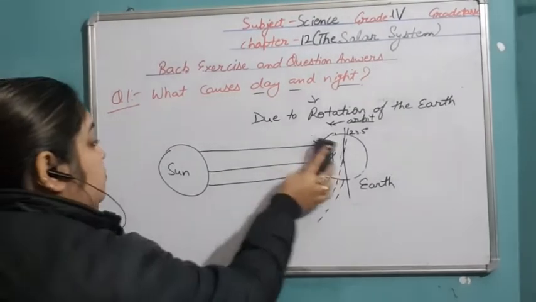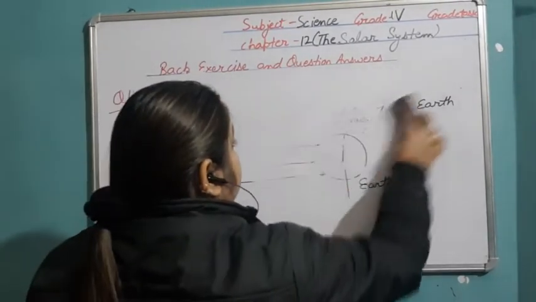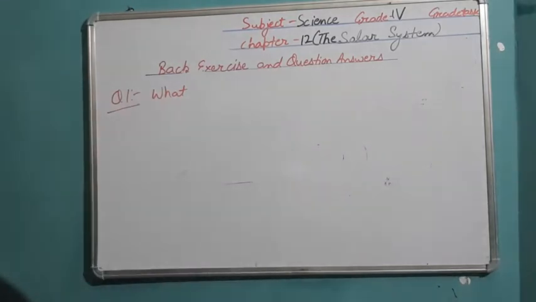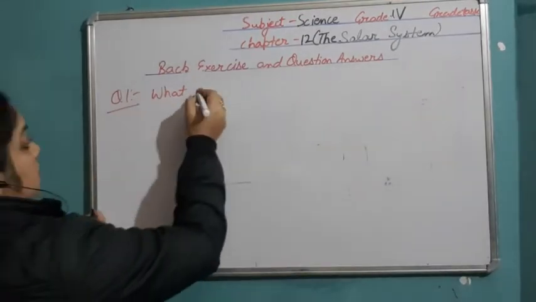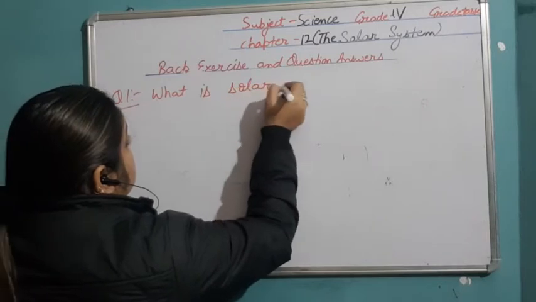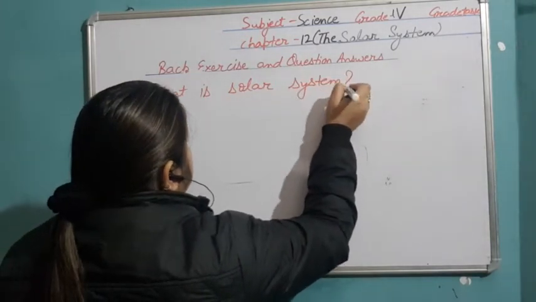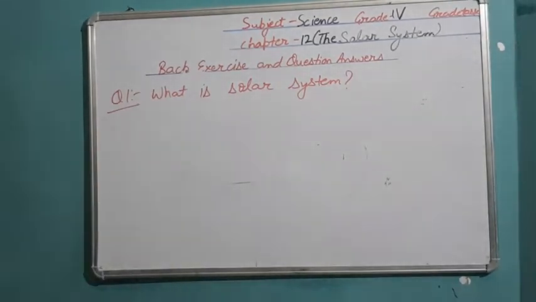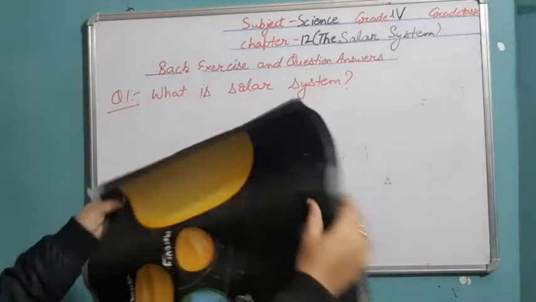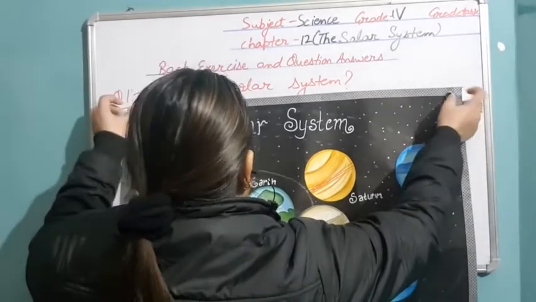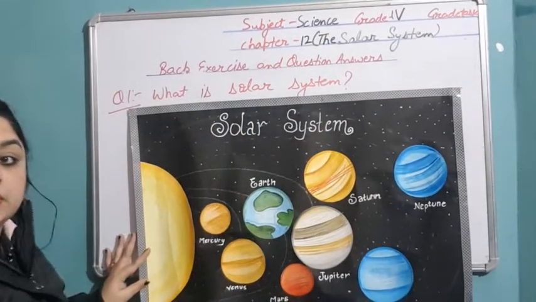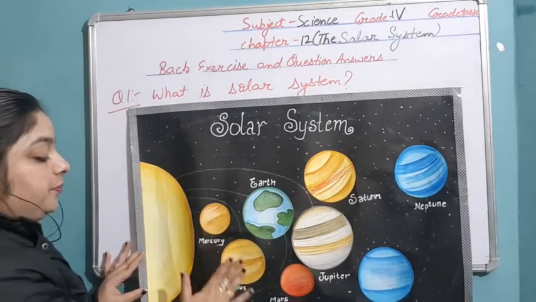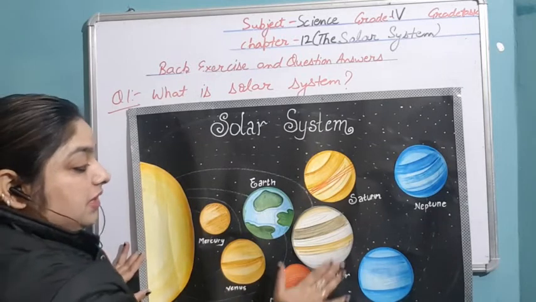Question number 2 is, what is solar system? Solar system consists of Sun. Sun is situated at the center of the solar system, and 8 planets: Mercury, Venus, Earth, Mars, Jupiter, Saturn, Uranus